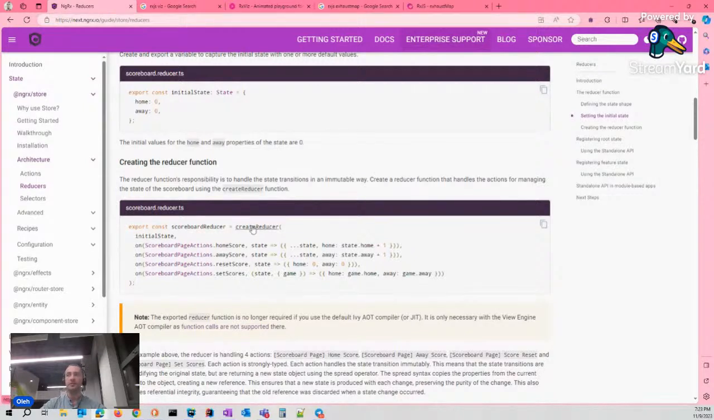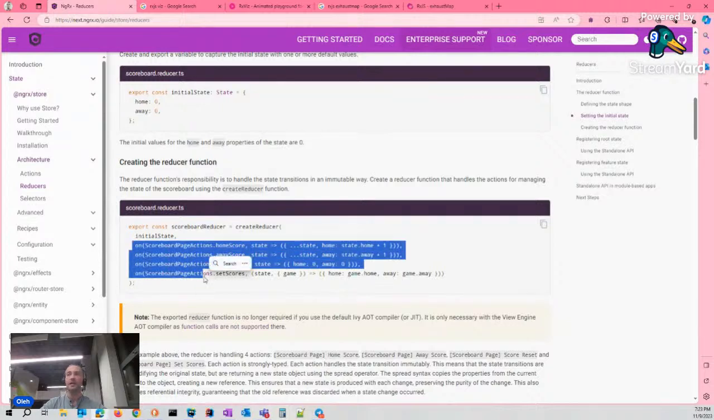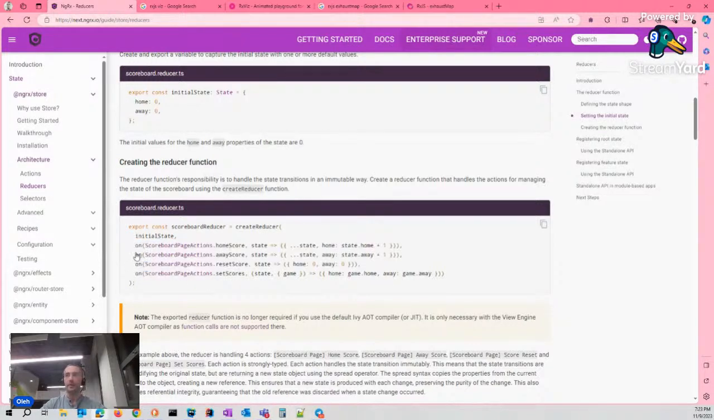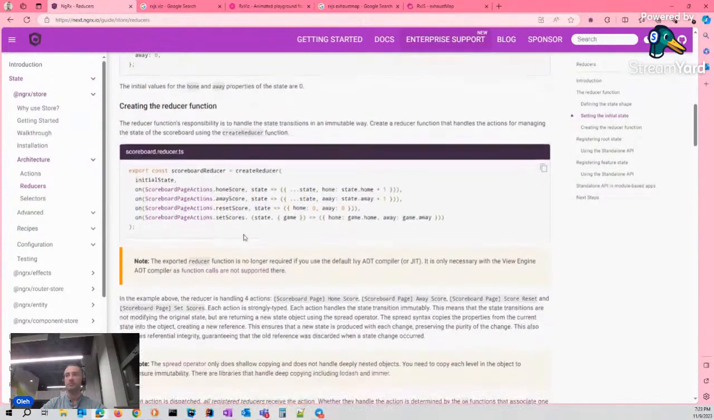But firstly, this function accepts the initial state and some actions. Maybe if we know about these actions already, we can define them there. But if not, we will add them later. Just let's create the reducer. But before it,